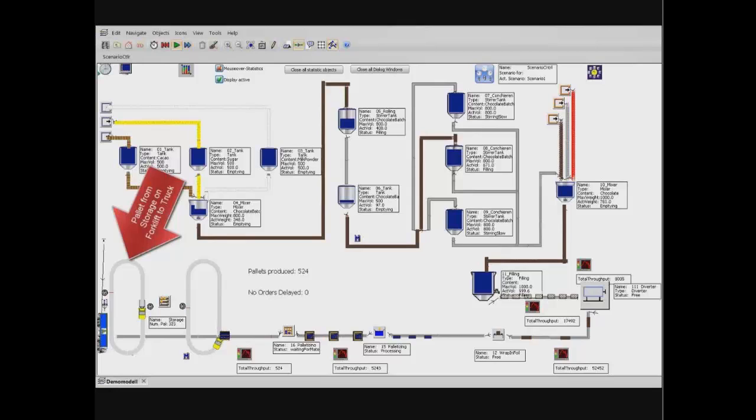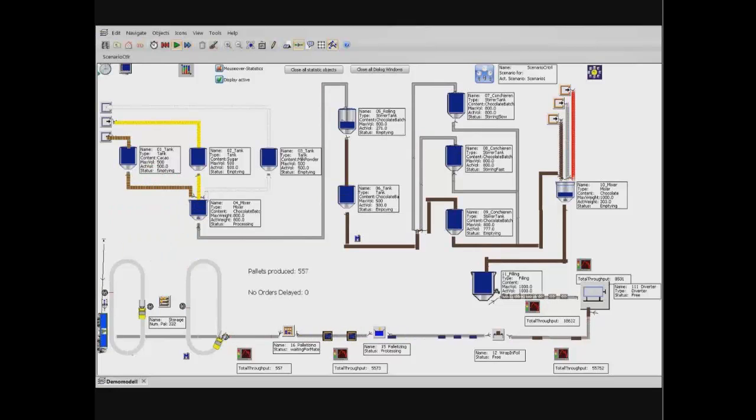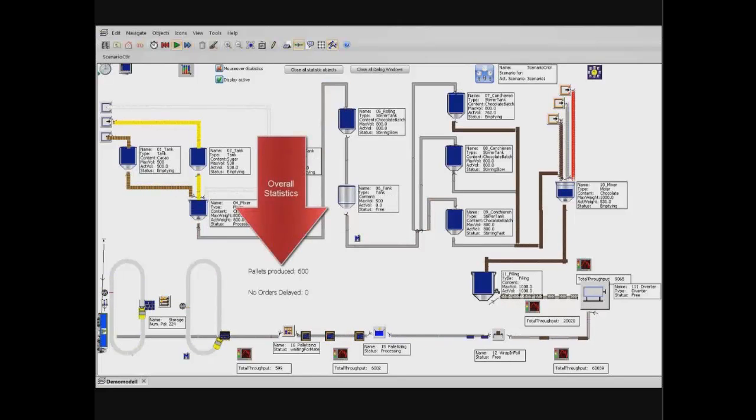You may have already noticed that being able to visualize your process like this can often help you to pinpoint problem areas like a tank being empty for too long, a mixer waiting for raw material, or a process being longer than the rest. The overall statistics displayed on screen show what we already know, that the current process is producing the number of pallets that we want for the 5 days simulated and that no orders were delayed. So all trucks were loaded at the right time, so everyone is temporarily happy, from your customers to your board